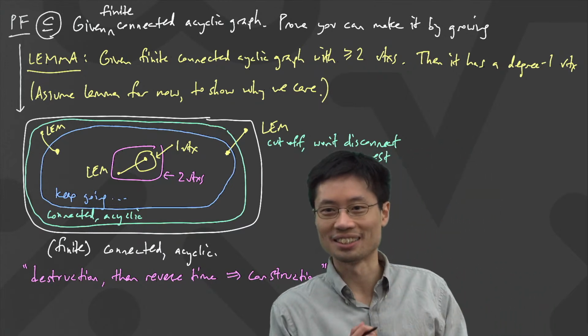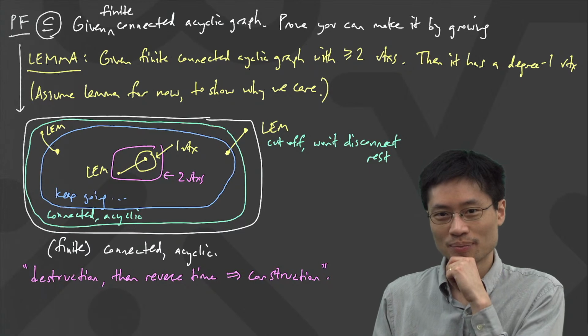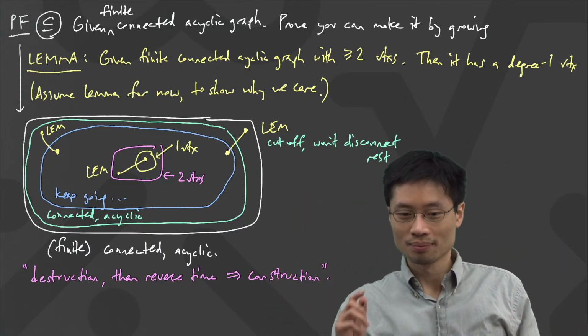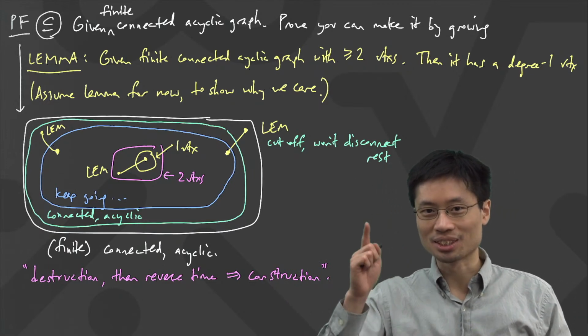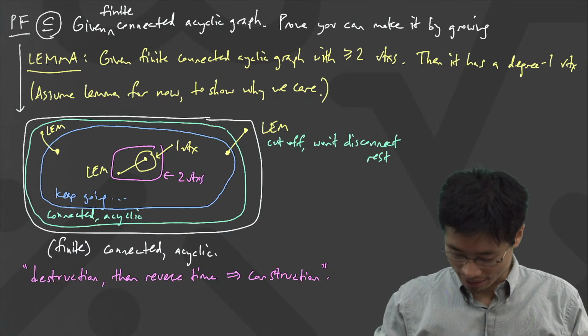Braden, did you raise your hand? Yeah. Well, we know that since it's connected, every vertex is going to have degree at least 1. So there's no degree 0. Okay, so I like where this is going. If you don't mind, I'm going to first rewrite the lemma statement, and then we'll have a whole space to deal with this, okay? So it just remains to prove